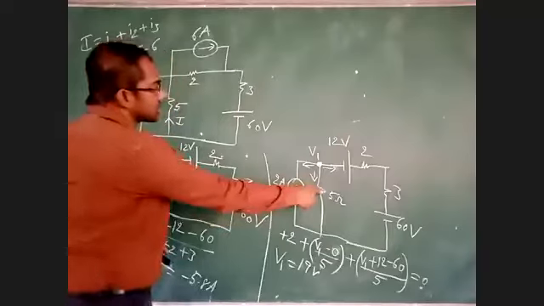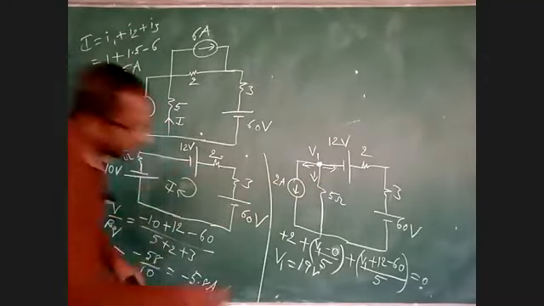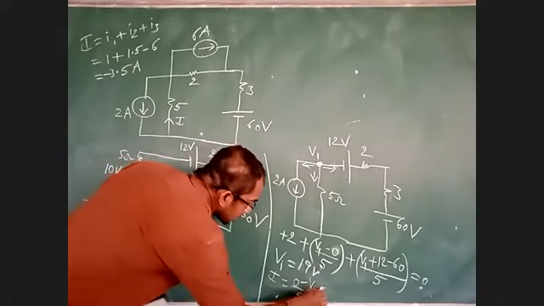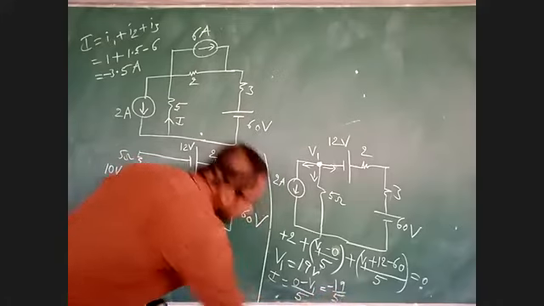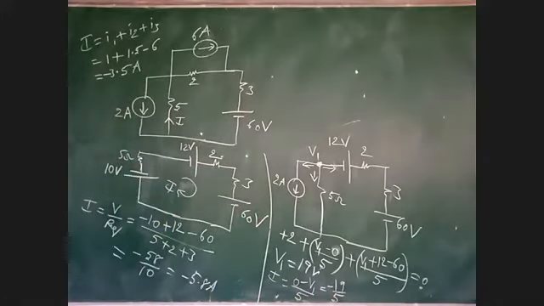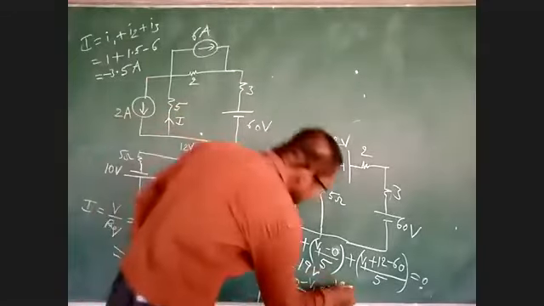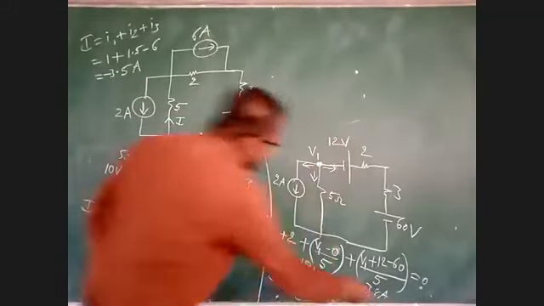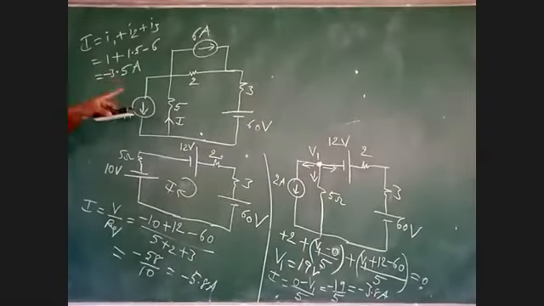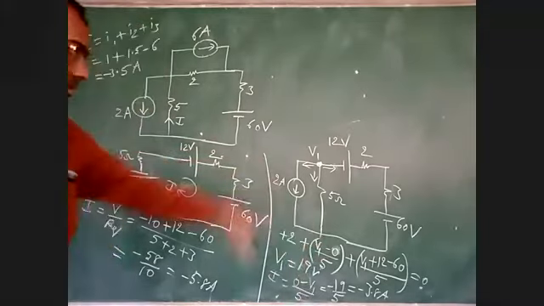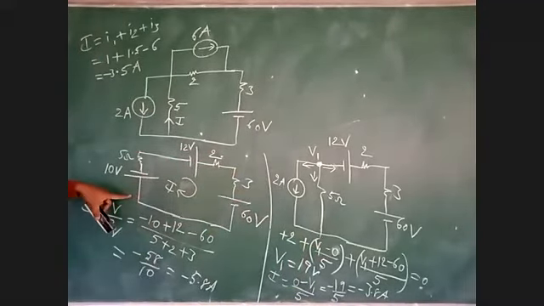Yes, sir. The current is 5 volts. See, in the problem, I is equal to 0 minus V1 by 5. That is minus 19 by 5, minus 3.8. Okay, minus 3.8. See here the answer and the answer by using the theorem are approximately the same. Here decimal values we might have neglected, that's why I have got this. Minus 3.5. So somewhere we have done wrong in this source transformation.